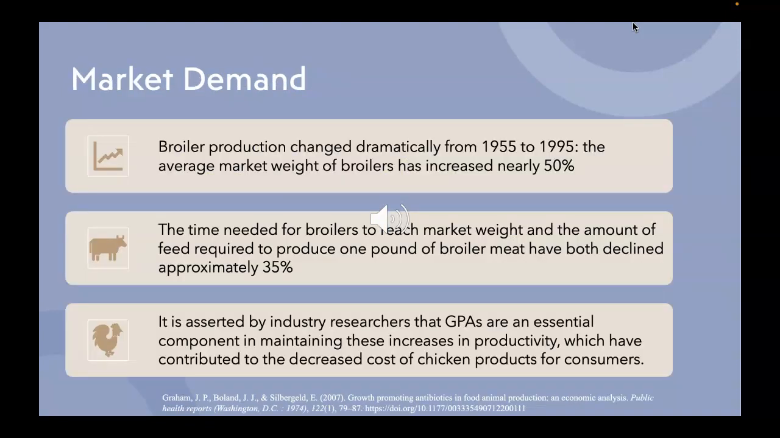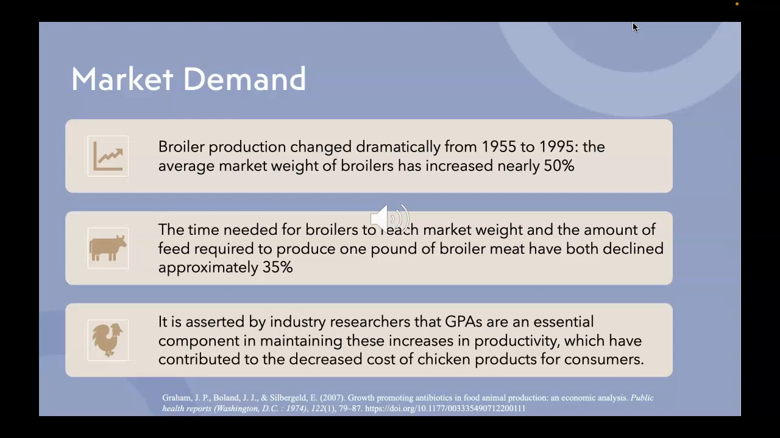So for market demand, these are some of the statistics that I found. Broiler chick production changed dramatically from 1955 to 1995. The average market weight of broilers has increased nearly 50% because of these growth-promoting antibiotics. And the time needed for broilers to actually reach the market weight and the amount of feed required to produce